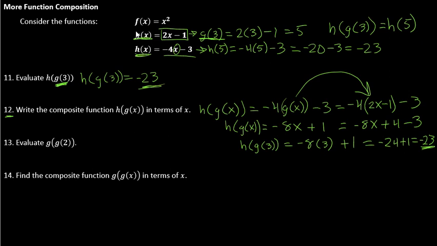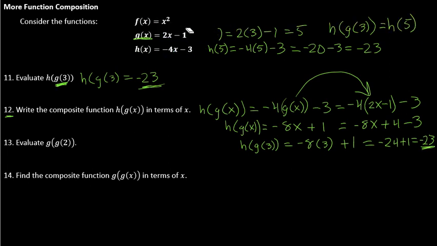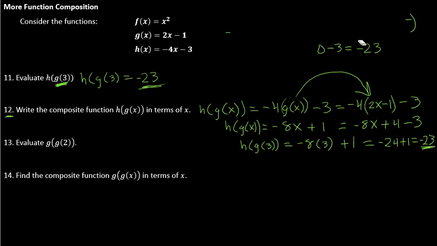Evaluate g of g of 2. Okay, so that's a mouthful to try and say. We're basically going to use g twice. So we're going to have g of x within g of x. Right here where this x is, I'm going to replace it with g of x again. Okay, so let's see what that looks like. So g of g of